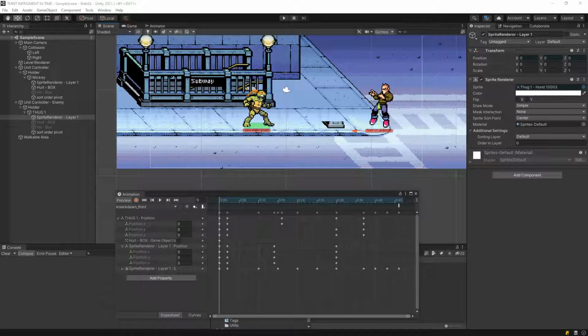Okay, so we are ready to start the coding. But first, let me show you one little trick for hitboxes